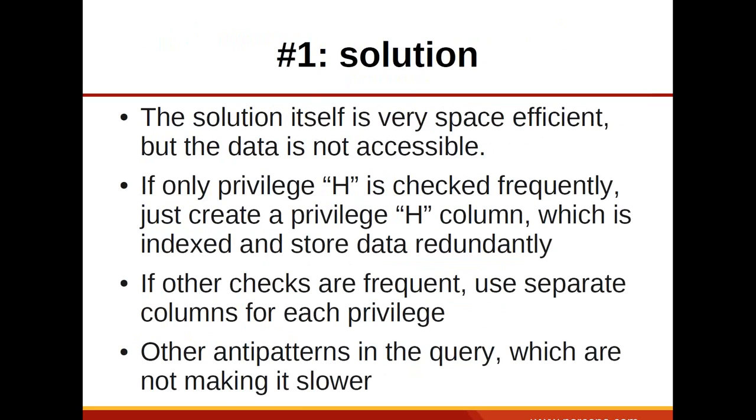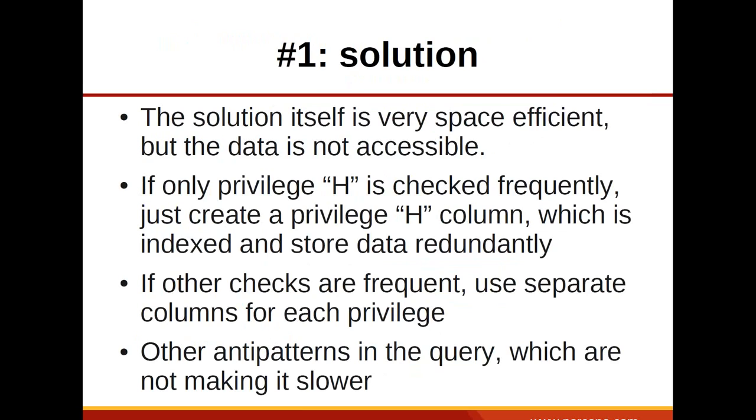We can't use an index by itself, but this is really compact. The data is there, but it's not accessible. How can we make it accessible? By denormalizing. We can add, let's say, a privilege H column, which can be a tinyint or enum yes/no or something like that, which will also take up 1 byte, but we can create an index on that,